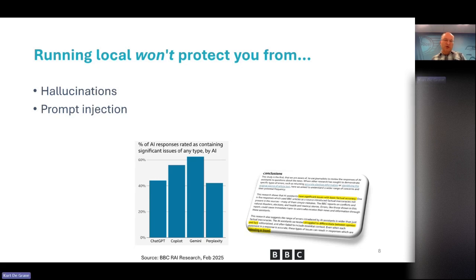If you give the LLM powers, that is, you provide functions that it can run on your computer or your system, then the adversary might cause these functions to be called in ways that you do not want. So that is something that running locally also cannot protect you against.